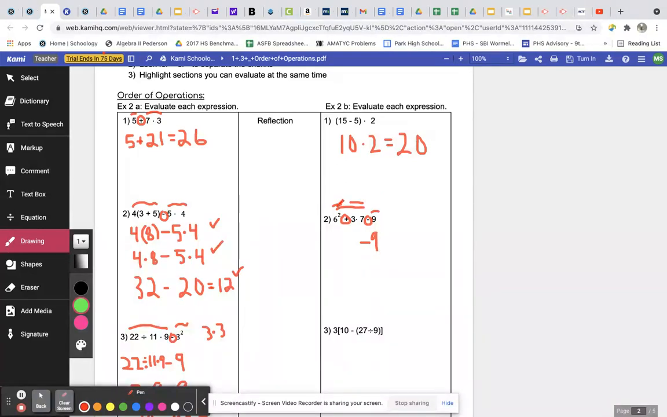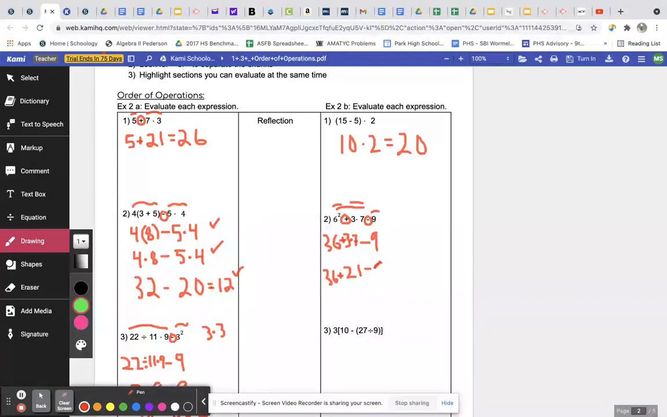So let's do the first one. 6 squared. 6 times 6 is 36. And I'm going to write that. 36. And that's plus 3 times 7. So 3 times 7, let's do that. Okay. 3 times 7 is 21. And we have 36 plus 21